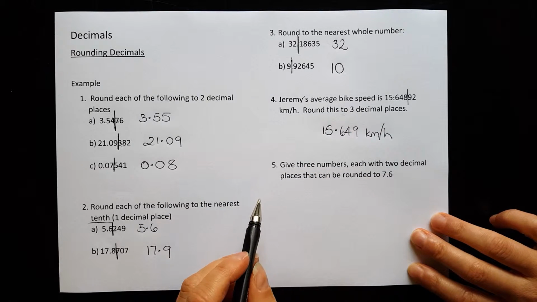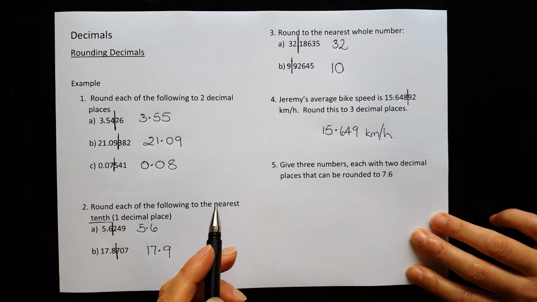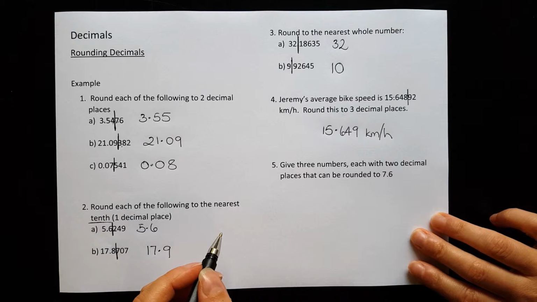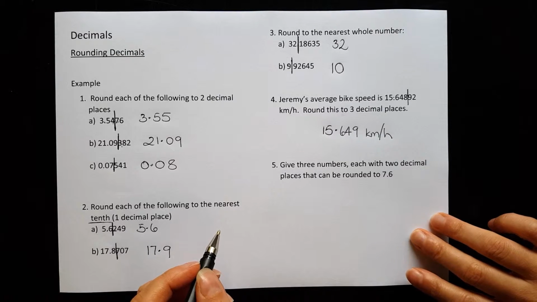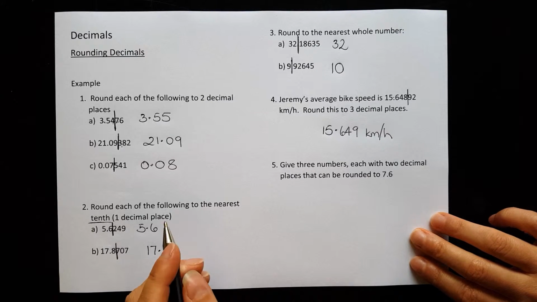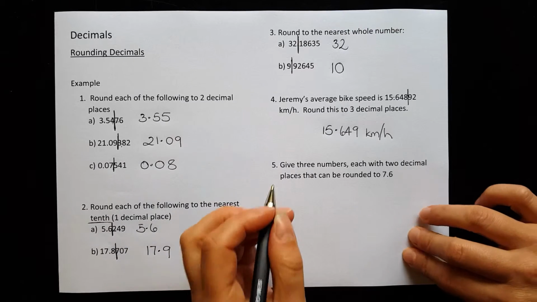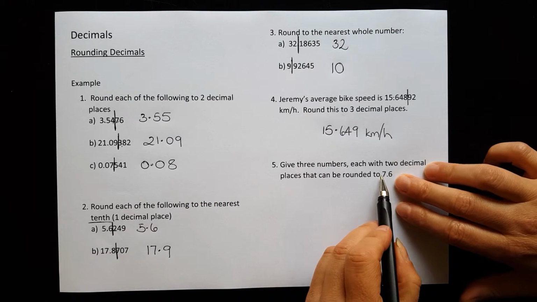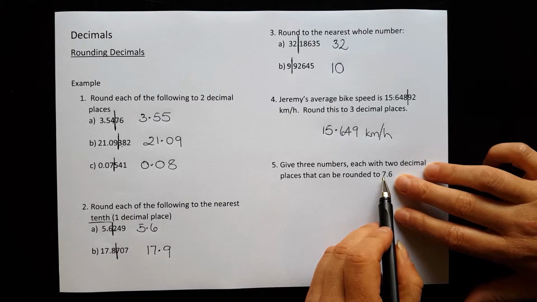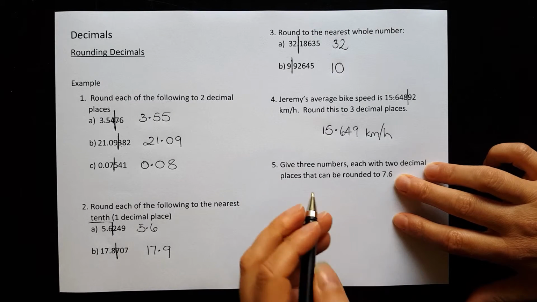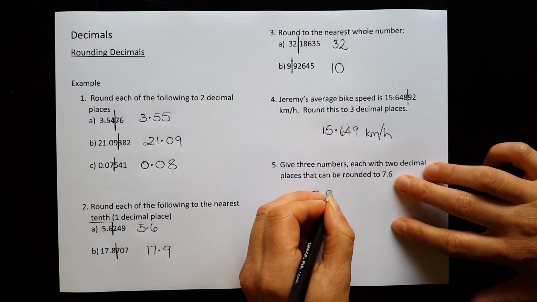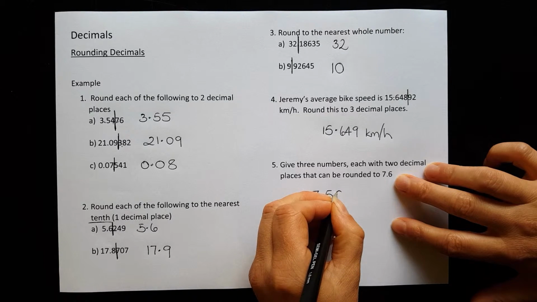Question 5, give 3 numbers, each with 2 decimal places, that can be rounded to 7.6. Now there are lots of options for this. So we could go slightly below 7.6 and find numbers that will round up. So for example, 7.59